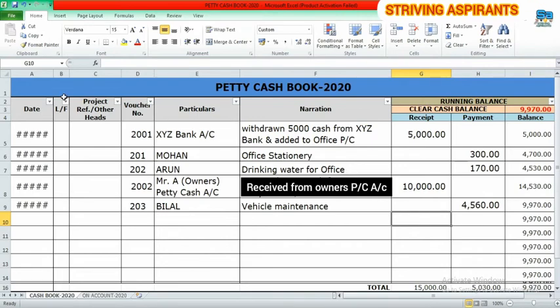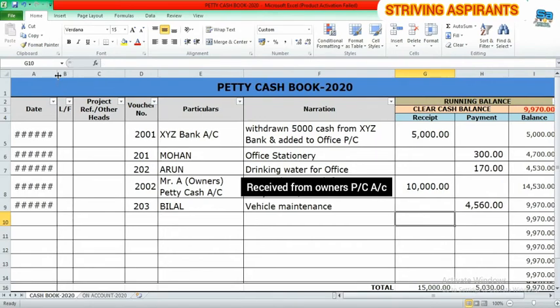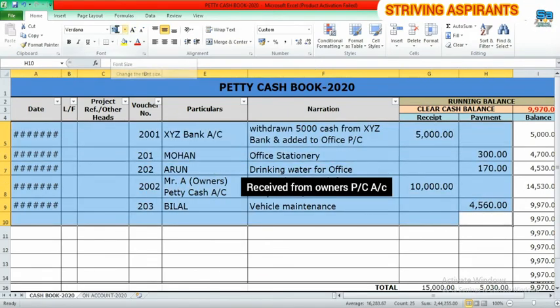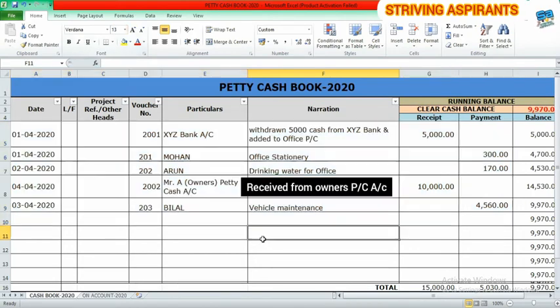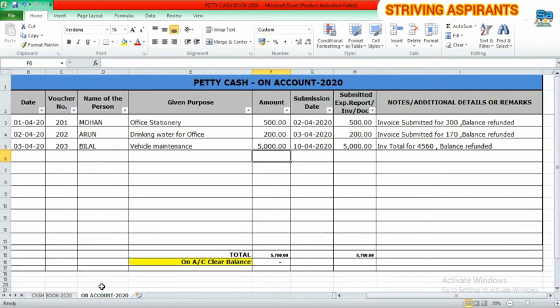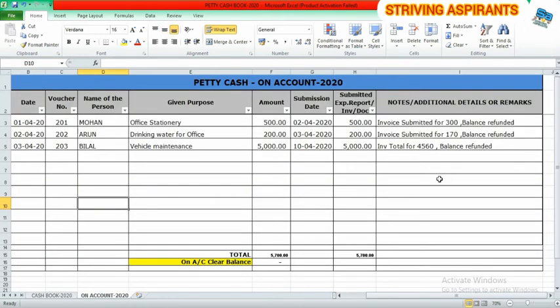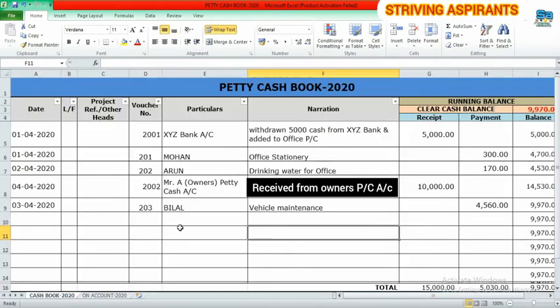Now we can adjust all the size of the sheet as per our convenience. We can also add rows according to the transactions increasing. Here I have only shown 3 examples of payments and 2 receipts. Again we can check the receipt column and the payment column.